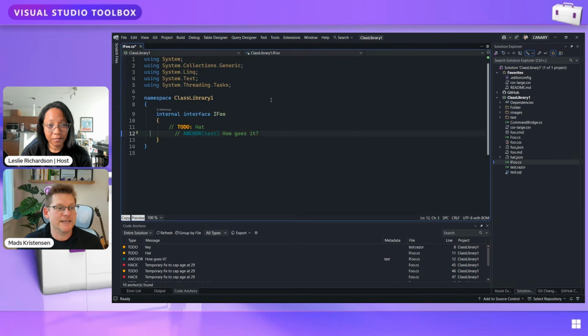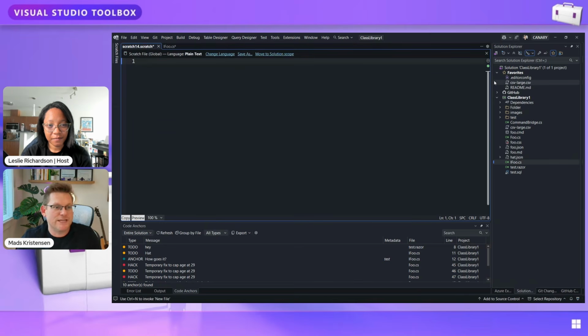Very nice. Oh, I will just say, if you have a Scratch file open, you don't have to save it. It's just there. When you close Visual Studio and open it again, they are still open. They're right here. So if you just want something to scratch in and have available next time, like if you write SQL files, for instance, it's very typical. People write SQL files against a database, select queries or whatnot, and they use that again and again, day after day, to see what's new while they work on a certain thing. But they don't need to save that. It's just something they use temporarily, but for several days. You can now just use Scratch files.